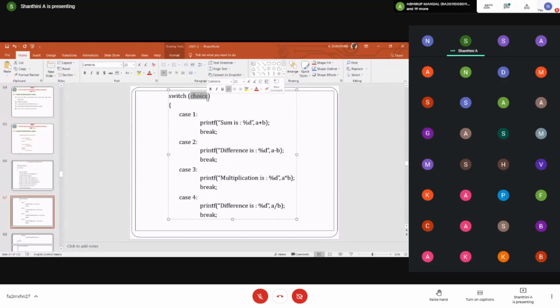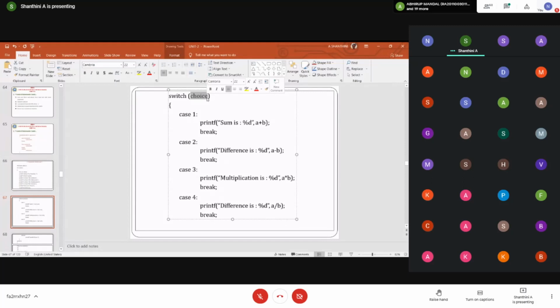And a break statement is also required, no? Which one? A break statement after each case. Very good, Aditya. If we do not use break, it will print all. Yes, it will print all if we do not use break.